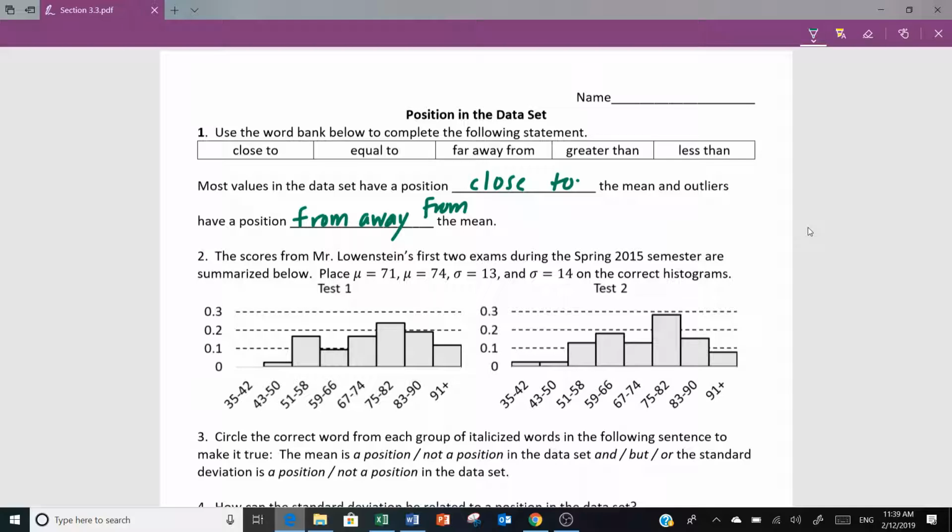What should you guys say? Is that because this outlier, this